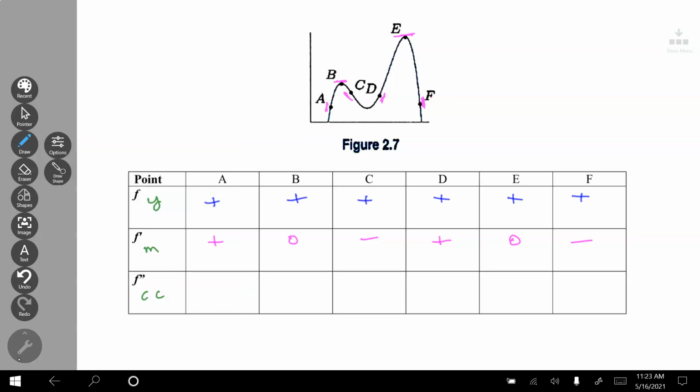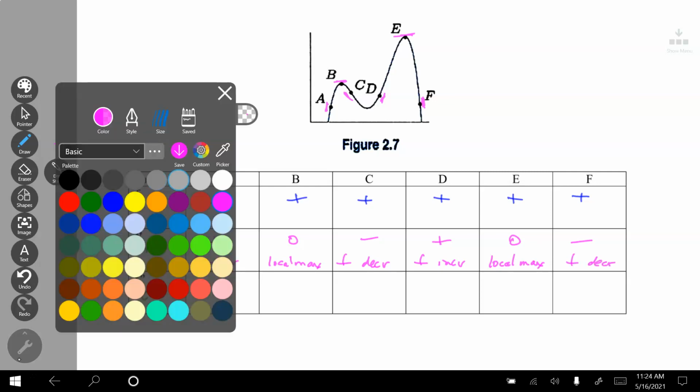And the reason for all this is the function is increasing. This is a local max. The function is decreasing. The function is increasing. This is another local max, and at F the function is decreasing. But you don't have to state the reasons. And then finally,